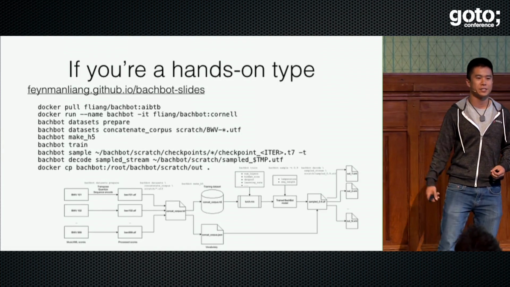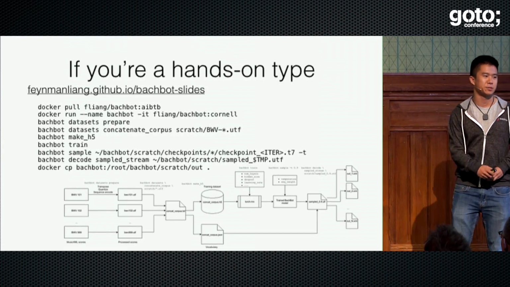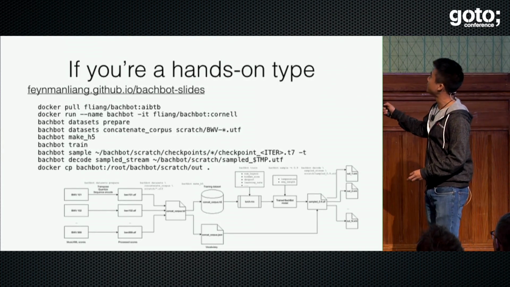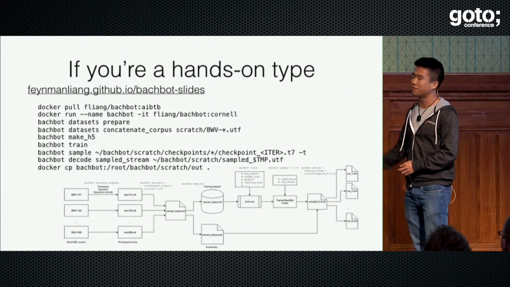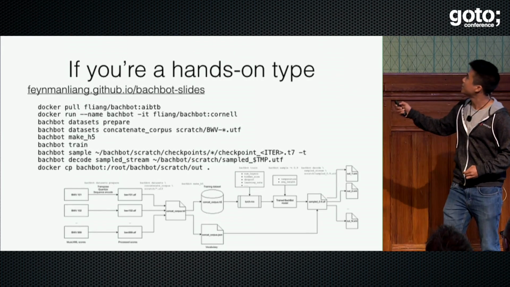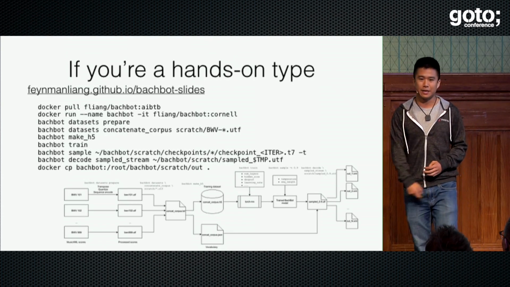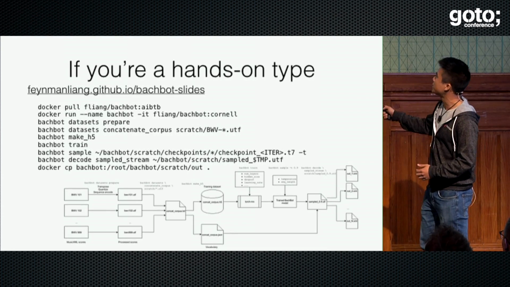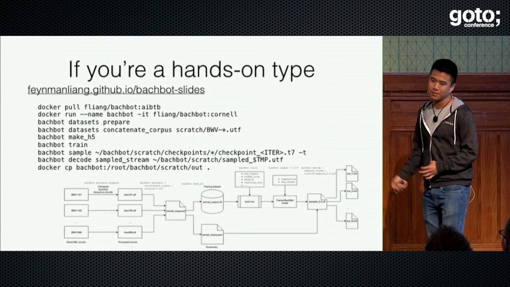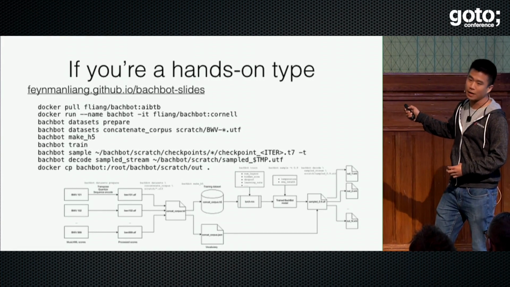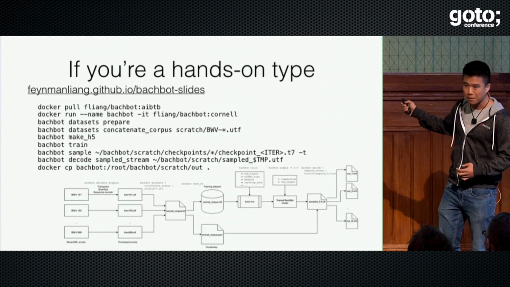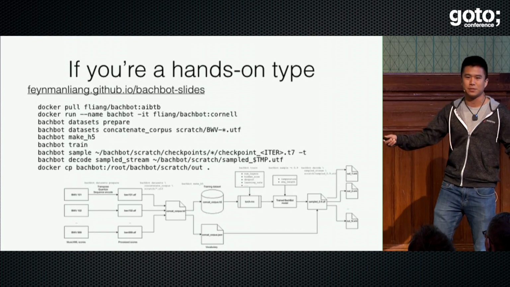And if you're a hands-on type of learner, we've containerized the entire deployment. So if you go to my website here, I have a copy of the slides, which have all of these instructions. You run these 8 lines of code, and it runs this entire pipeline right here, where it takes the chorales, pre-processes them, puts them into a data store, trains the deep learning model, samples the deep learning model, and produces outputs that you can listen to.